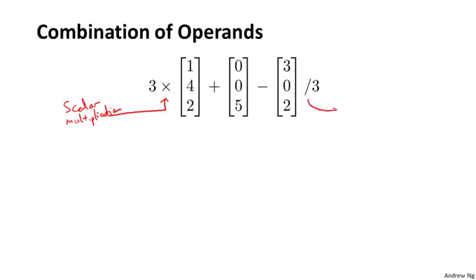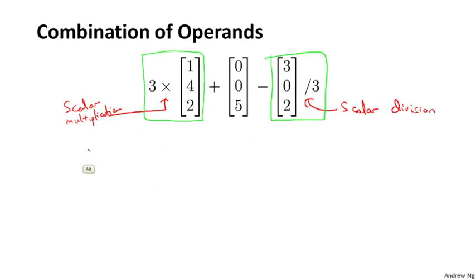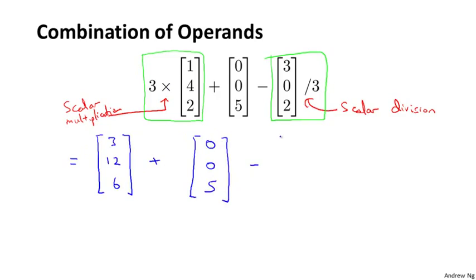And this is another scalar multiplication, or scalar division, which really just means 1/3 times this. And so if we evaluate these two operations first, then we get 3 times that vector is 3, 12, 6, plus my vector in the middle, which is 0, 0, 5, minus